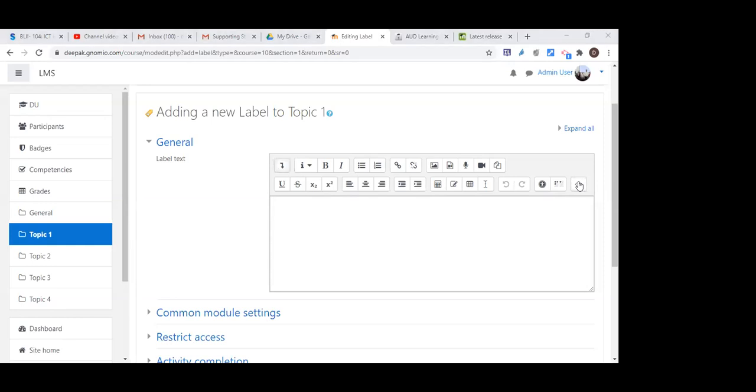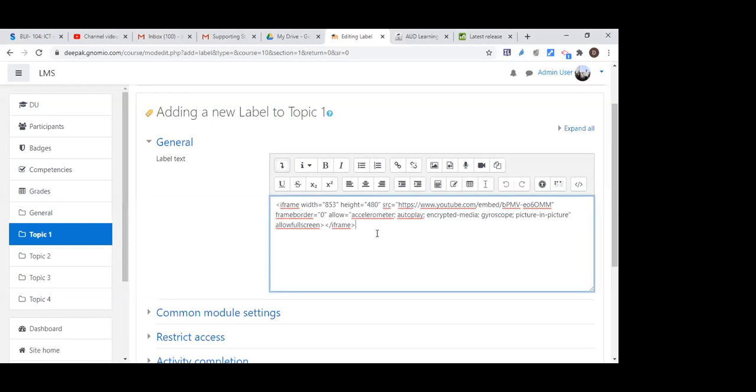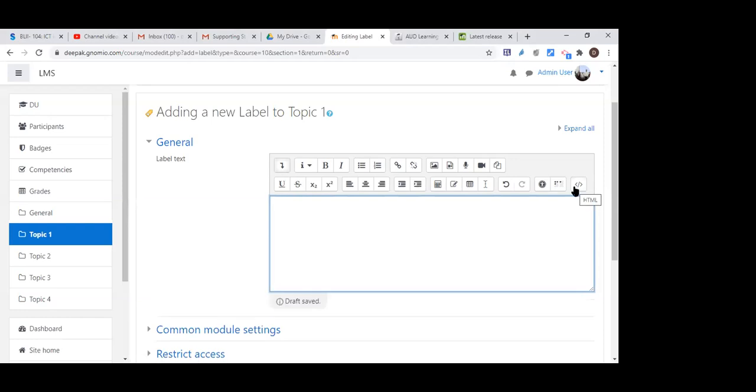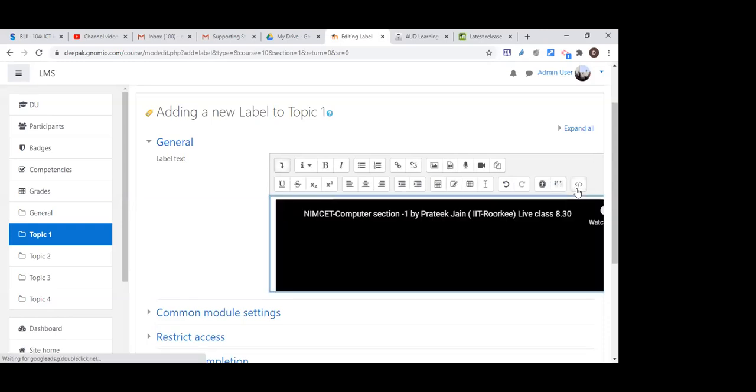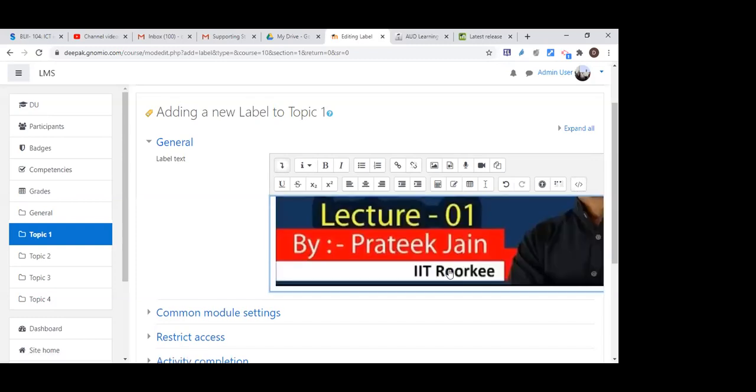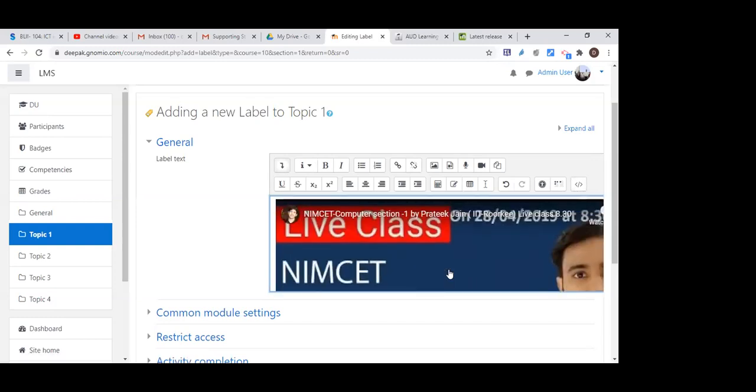I just copy the embedded code and paste here. See, this is my embedded code. When you need to paste the embedded code, click on this HTML button, then paste the embedded code. Again click on HTML. The new video is up here.